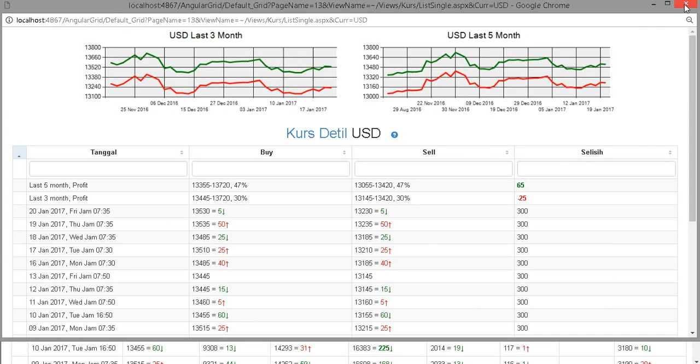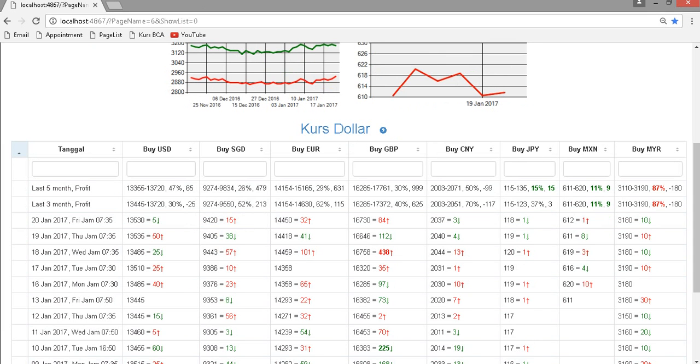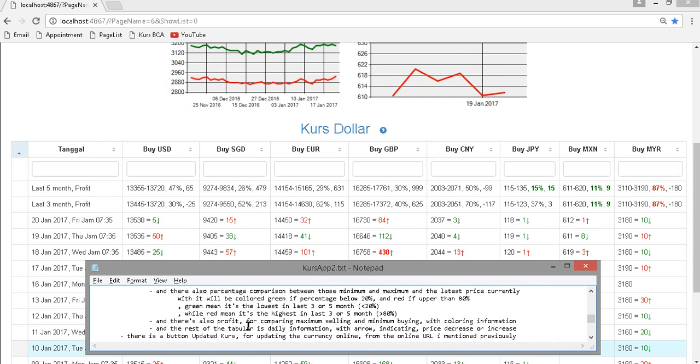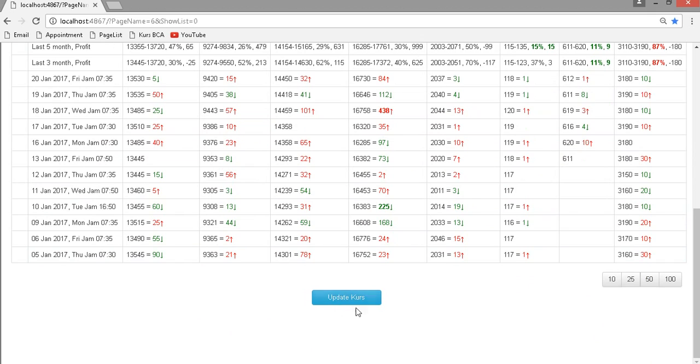Okay, let's close this up. What other function do I have? Oh yeah, I also have a button here. Previously I mentioned that I use a schedule to retrieve the currency from the online web every 9 a.m. in the morning.